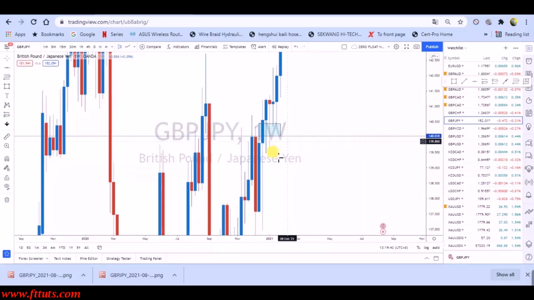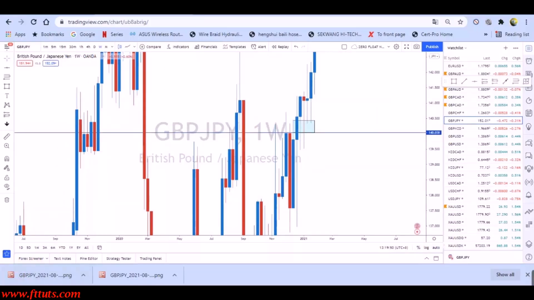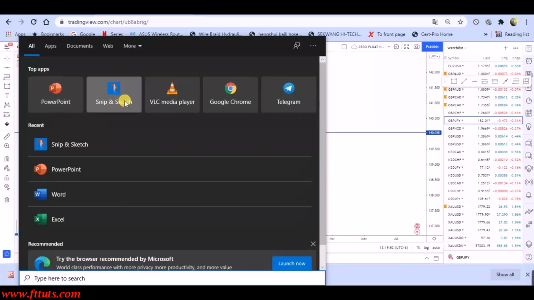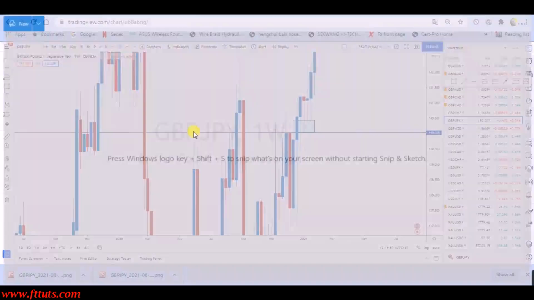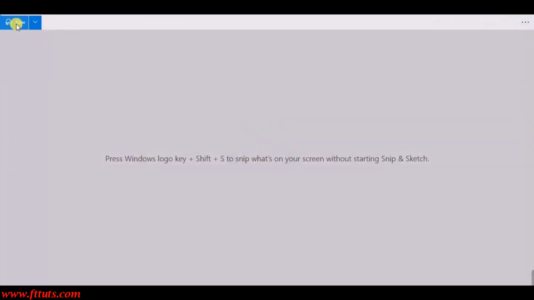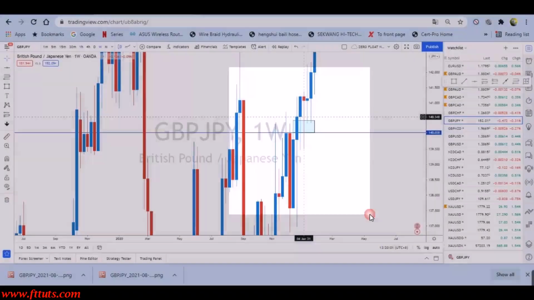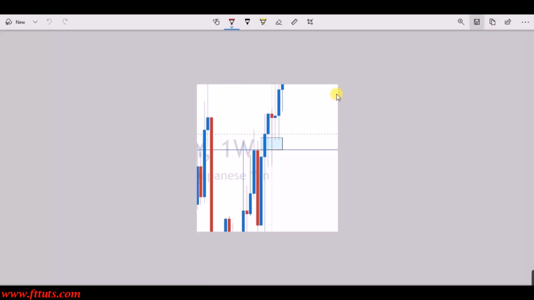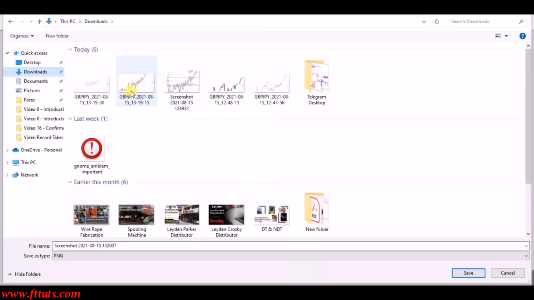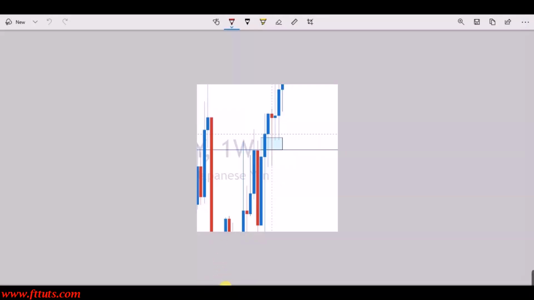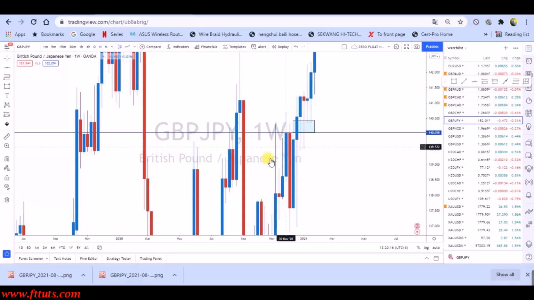Sometimes we do not want to just take the whole snapshot and then save it into a file. What we can do is this. We can use software called Snip and Sketch. You can just type in the search here, Snip and Sketch. Click on New, screenshot this area. That is very sufficient. Now I'm going to save this in my download folder together with the rest of these. There we go. Okay, so once we have completed all three, now what we can do is